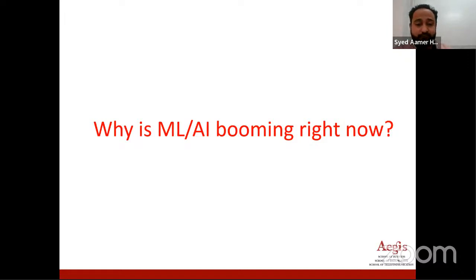And you can see only in the last 2 decades, and especially in this decade, ML AI has come up and is booming right now. So my simple question is, all the algorithms and mathematical terminologies you see in ML and AI were invented back in the 1950s and 1940s only.